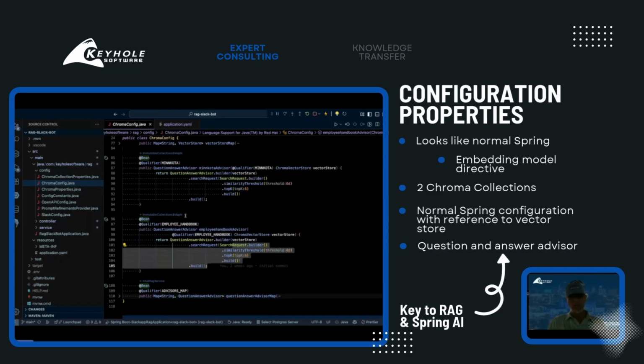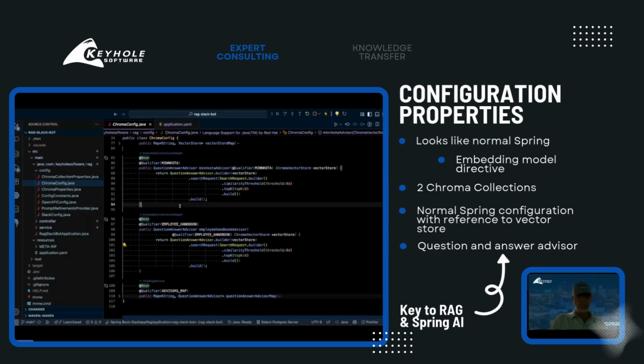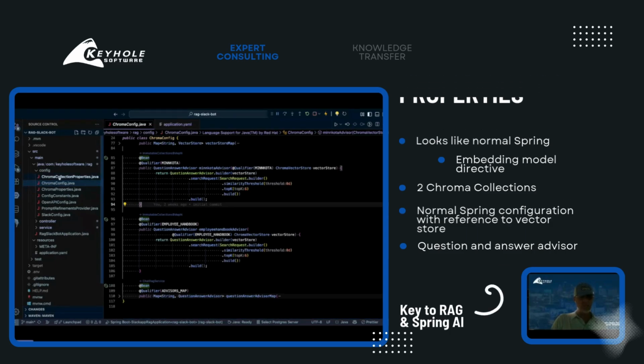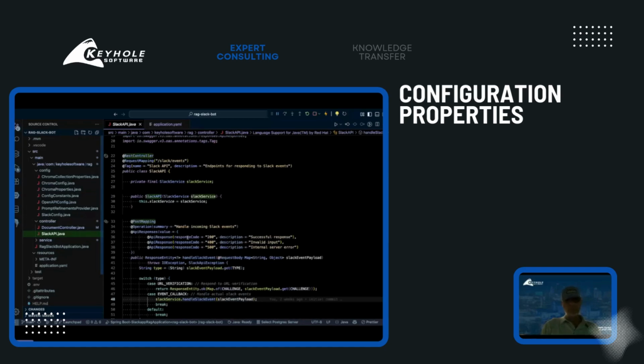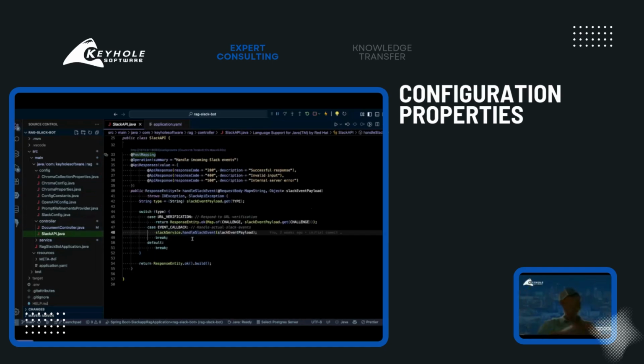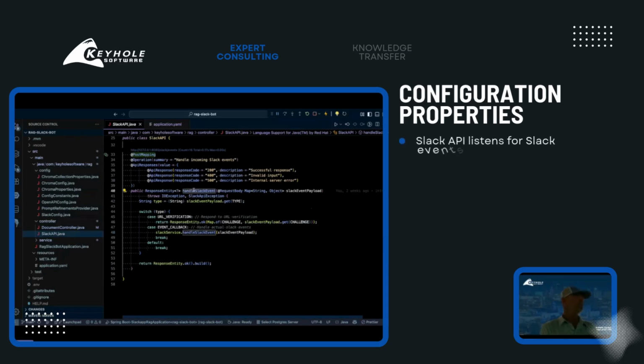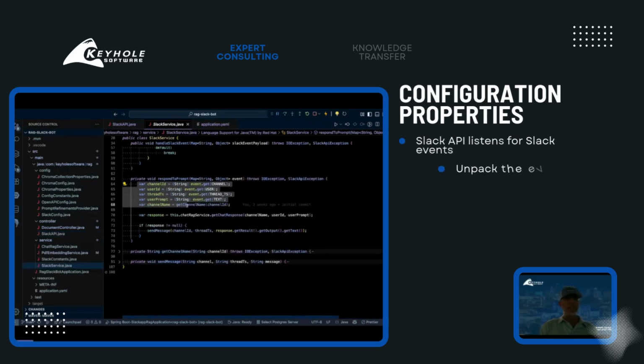If you know Spring or Java at all, it's pretty easy to follow, I think. Then start back at the top and just walk through this. This is Slack specific, but this is my entry point to start the whole process off. I built a Slack API that listens for Slack events. I unpack the event. So I basically say what channel it came from, what user it came from, and then I have what they ask, what the text is, what was in the prompt, and then the channel